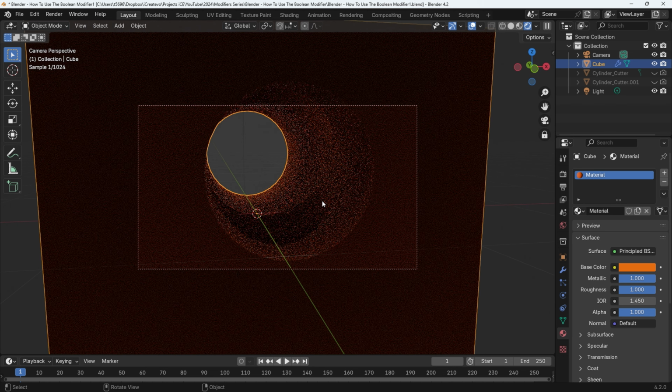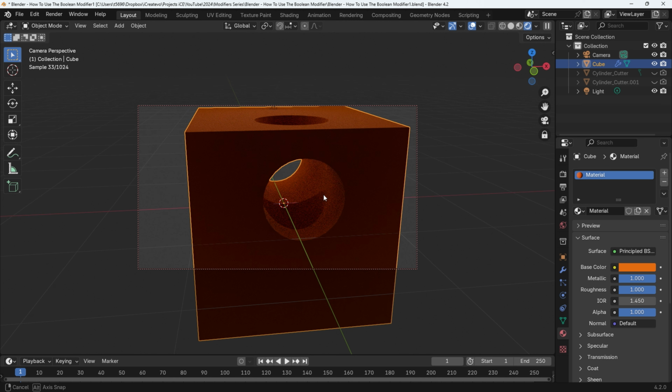This video is part of my modifier series and will cover the use of the difference section of the Boolean